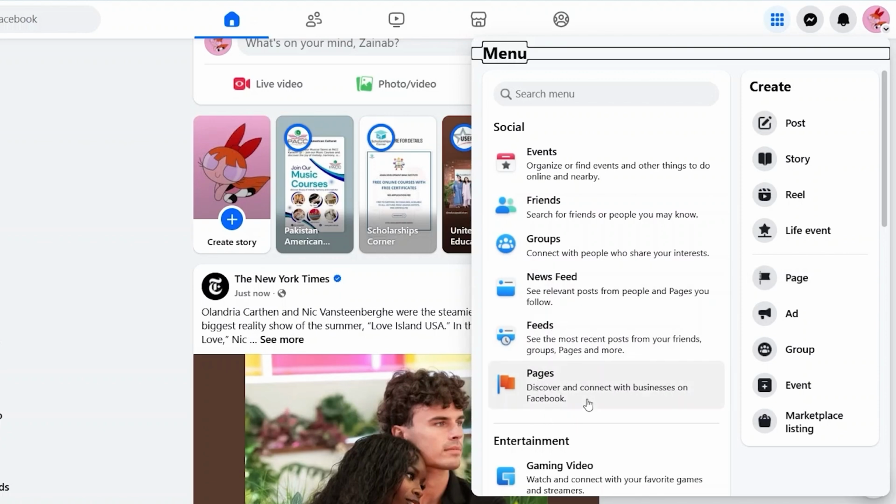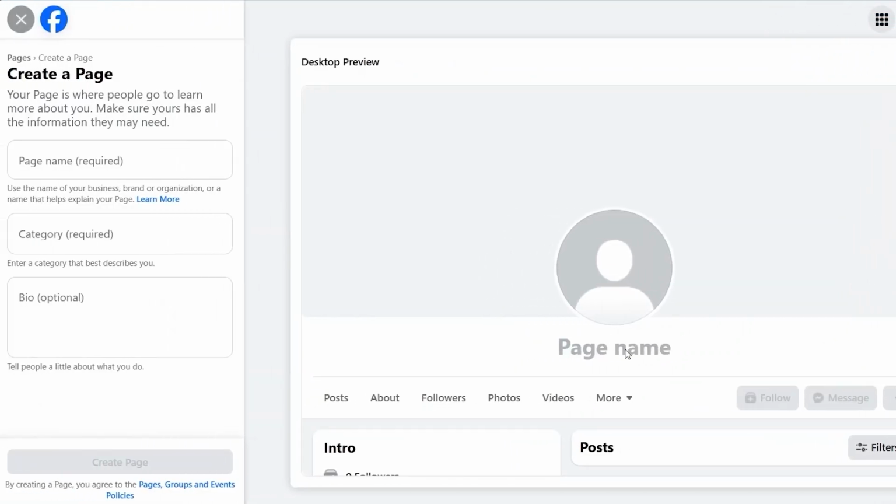with businesses on Facebook. So over here, you're going to view and search different pages that are available, but that is not what we want to do. We want to create our own page. So we're going to move over here to the right and go under create. We're going to click on page over here because we want to create the page. So just click on this page over here and we have been taken to a whole new section which consists